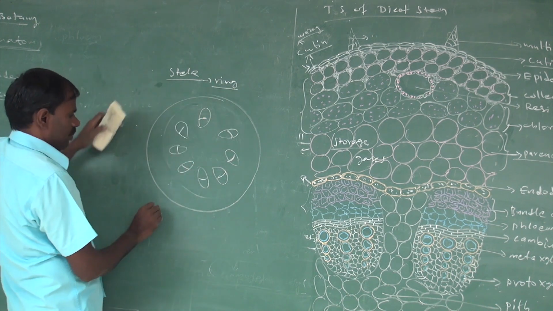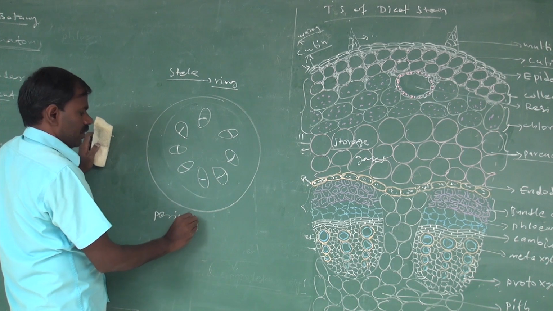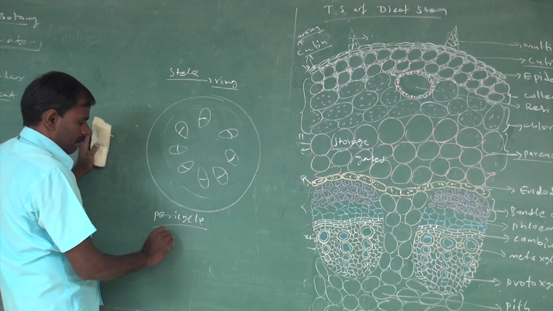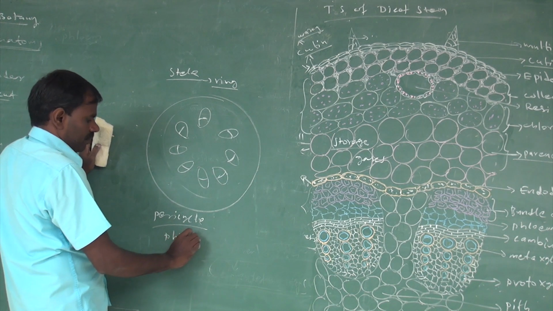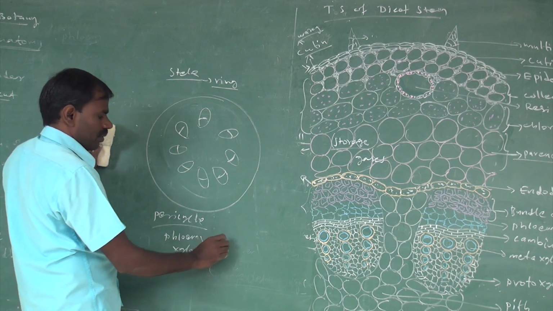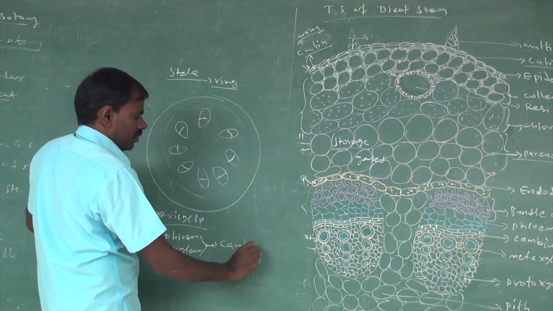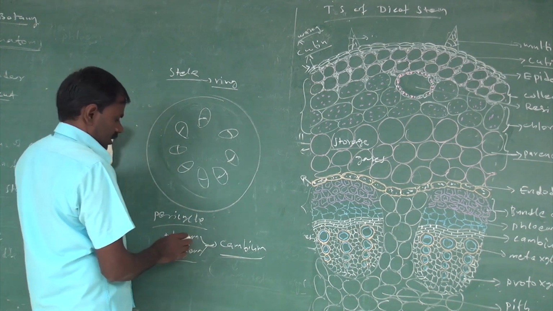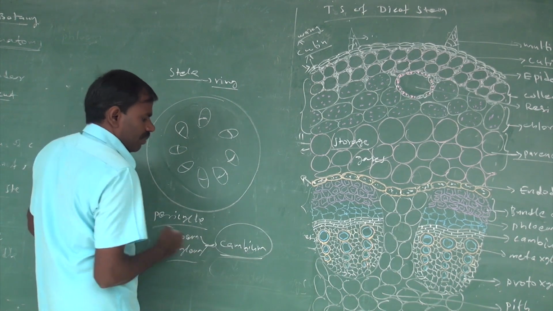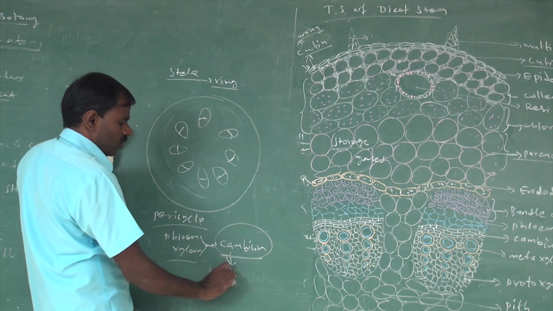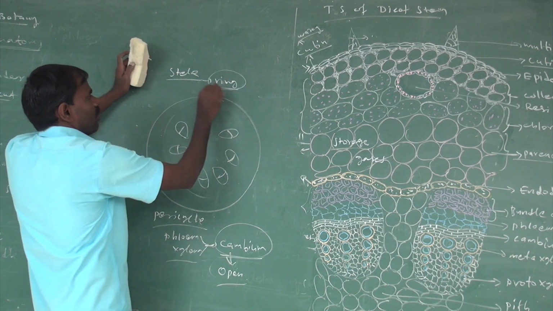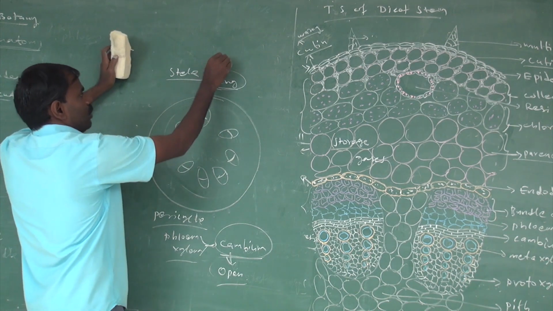It consists of pericycle, phloem and xylem. In between the xylem and phloem is the cambium, so the vascular bundles are called open vascular bundles. The stele is arranged in a ring-like structure in the dicot stem,